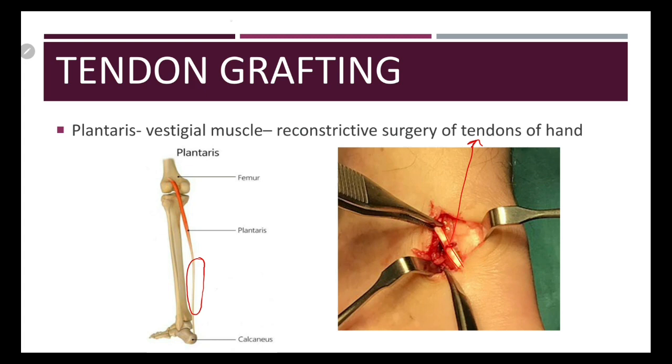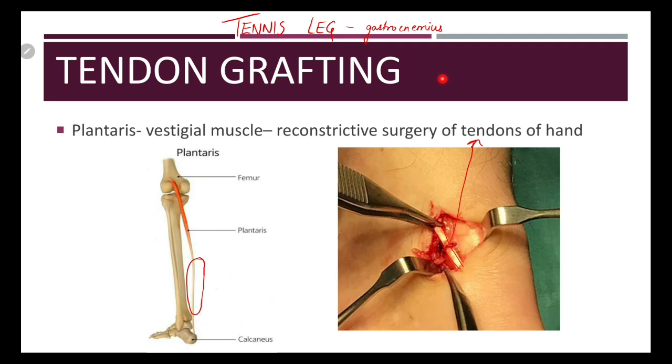Another clinical anatomy part in the back of the leg is tennis leg. It is painful calf injury in which there is tear or strain of the medial head of gastrocnemius at its musculotendinous junction due to overstretching. And it commonly occurs in tennis player who stretches their gastrocnemius too much for a difficult serve.